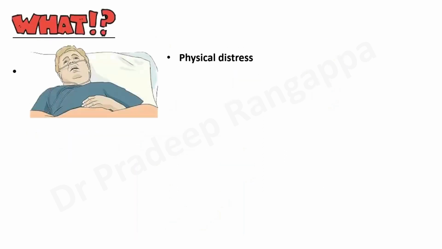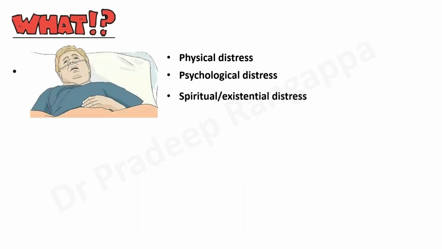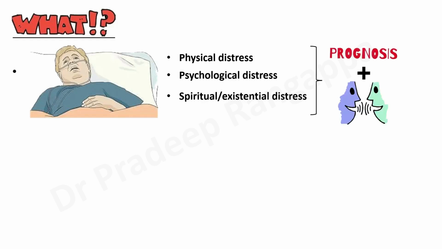And what are the components of palliative care? Again, I'll be repeating. The components are to relieve the physical distress of the patient, the psychological distress, and most importantly, which possibly we intensivists don't do, spiritual distress. For someone who is for palliative care, one should address the spiritual or existential distress they may be having. In intensive care we may not be paying much attention to this component, or even to the psychological. We may be addressing physical distress, but psychological and spiritual distress is something we as intensivists may not be very sensitized to.